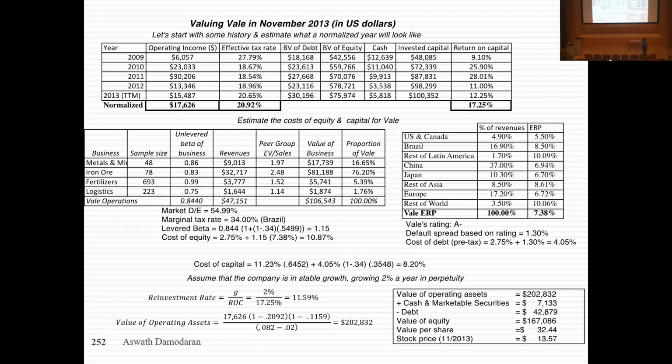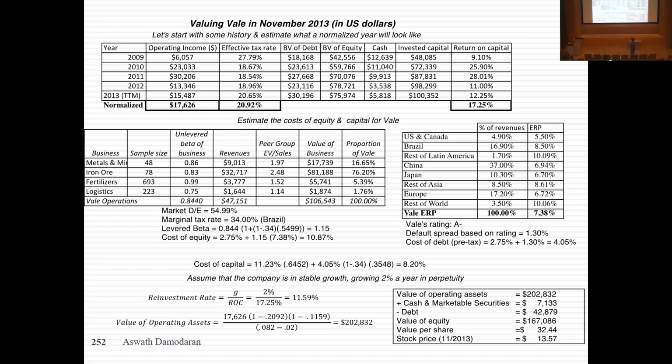So I did some smoothing. I looked at the average return on capital that Vale had earned in the previous 5 years. I looked at the equity risk premium and the cost of capital. So that was pretty conventional. But I used that average return on capital as my basis for my valuation. I assumed that Vale would grow at 2% a year in perpetuity. 2% is basically the inflation rate in 2013. I'm assuming that iron ore prices would kind of keep up with inflation. You think that's pretty pessimistic. Take a look at my final valuation before you accuse me of being pessimistic.